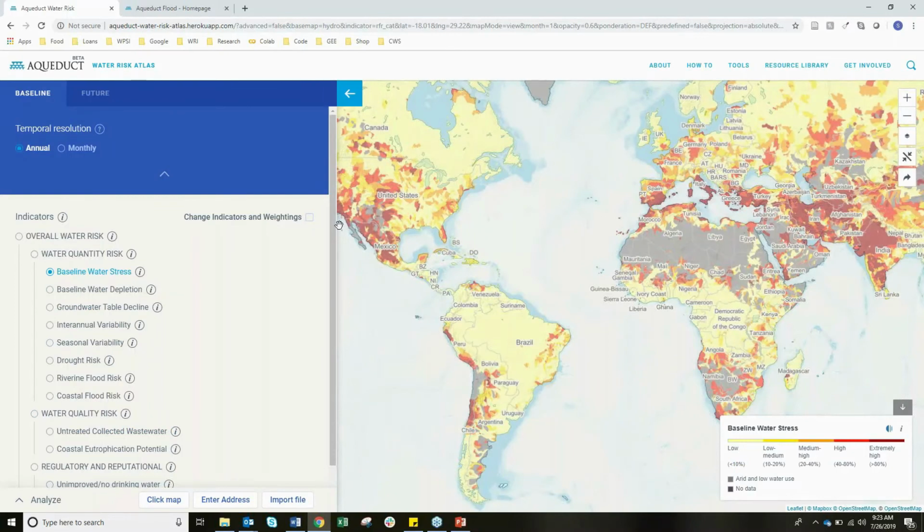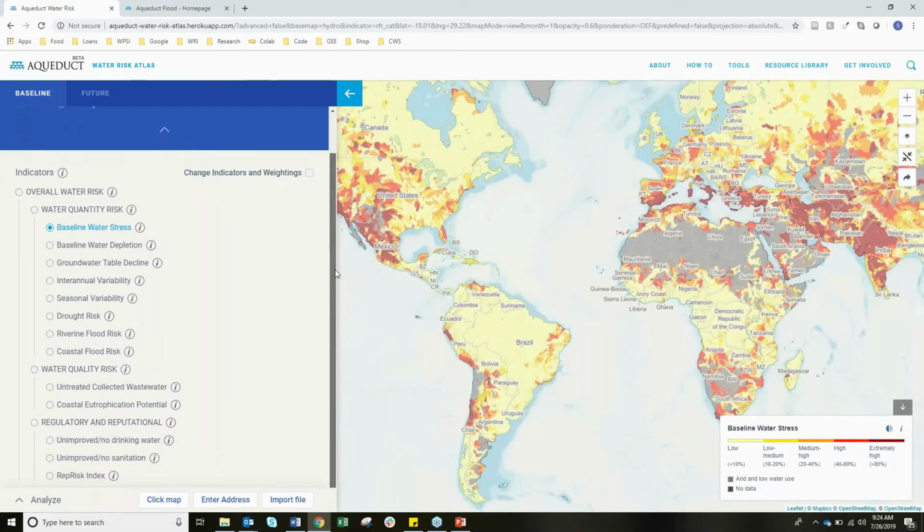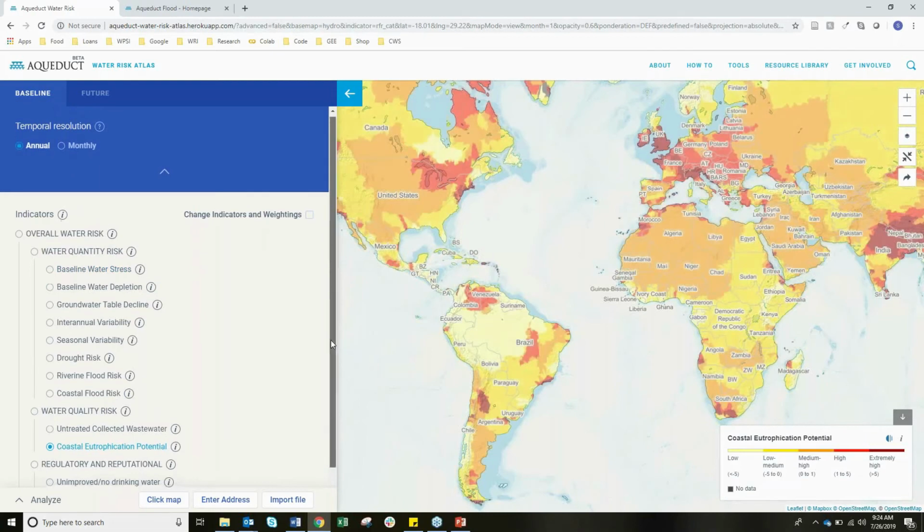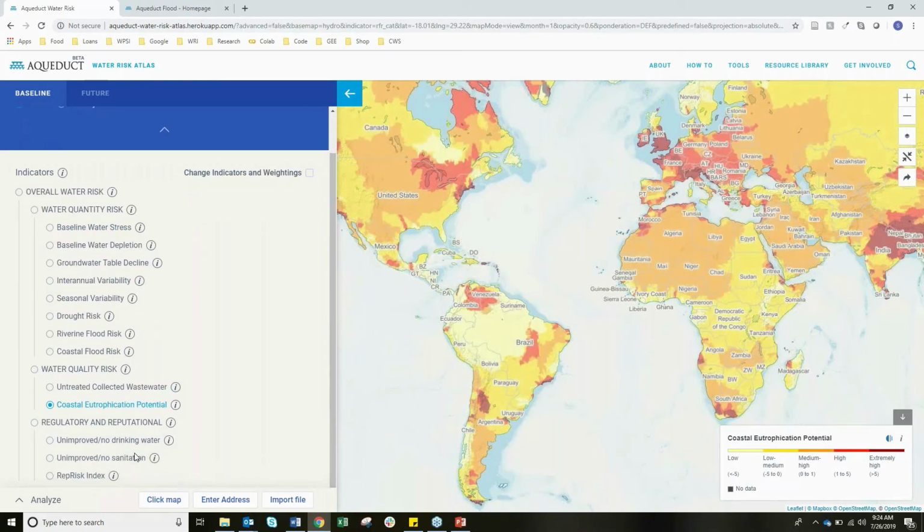So let's start with the Water Risk Atlas. As I mentioned, you can use this tool to map and explore water risks, both current and in the future. Key research partners for this tool include the University of Utrecht and Deltares. Our framework includes 13 different indicators of water risk. They are designed to show chronic long-term trends in water. Categories include physical risks to water, such as water quantity and water quality, as well as regulatory and reputational.